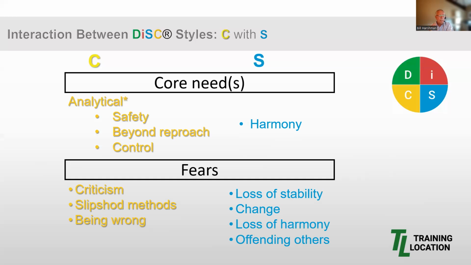Now, you can understand, just at a high level, if a C is interacting with an S, the C's questioning and skeptical nature and a focus on accuracy with a do it right approach meets up with an S's accepting and warm approach who encourages collaboration. And yet that's seasoned with a motto of let's do it together. If you're the C, this difference in styles requires something different than how you might interact with a fellow C style. At a minimum, there's that need here for stretching, like I said before, for one or both parties, as we talked about.